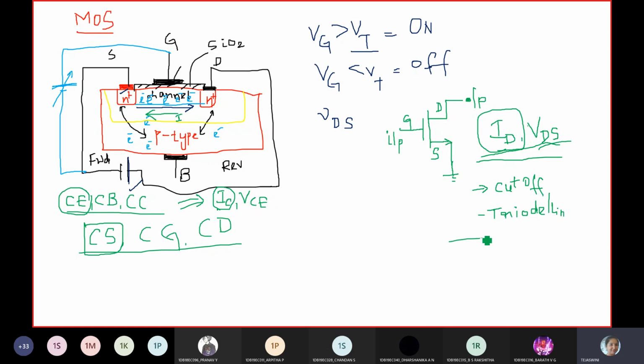Okay. So next, the third region of operation is saturation. Whereas in BJT, it is cutoff, active and saturation. So now the saturation region is used for amplification. Our intention first is that the MOSFET has to be turned on, when you set a value Vg greater than Vt. Then your transistor has to be in the saturation mode, whereas in BJT it is to be in the active mode. So don't confuse.